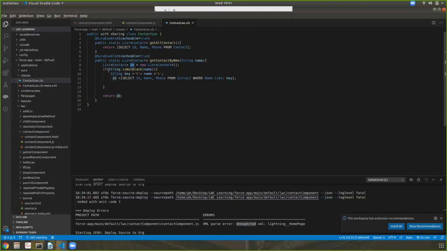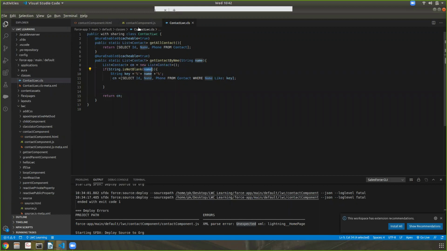If the key is not blank, it will run the query, select Id, Name, Phone from Contact where Name like the key. So it will display the list of contacts as per the name passed.